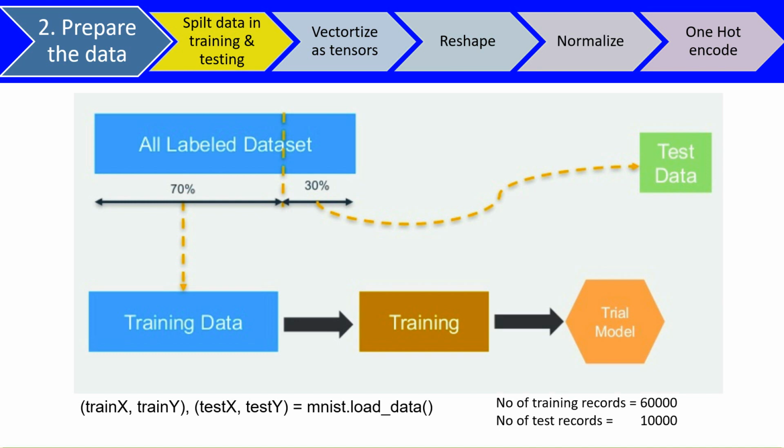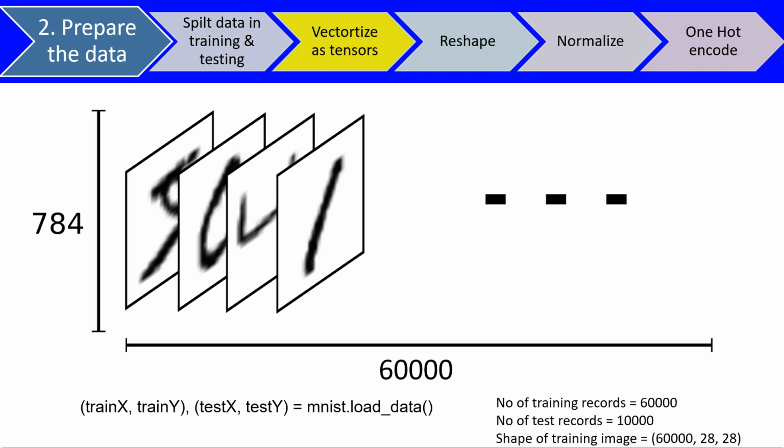In this example, the MNIST database could be loaded from Keras using the load data API. All deep learning libraries accept data in the form of tensors. Tensors are special data formats. Think of the simplest form of tensor as an array or a list of numbers or a matrix. There could be higher dimensional matrices as well. So tensors can have any number of dimensions and could be a vector or a matrix.